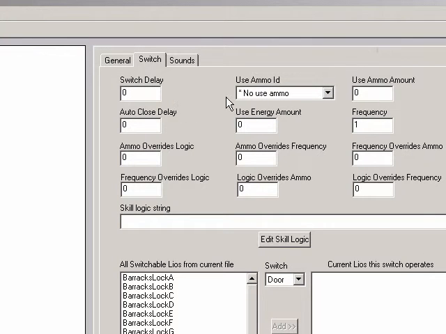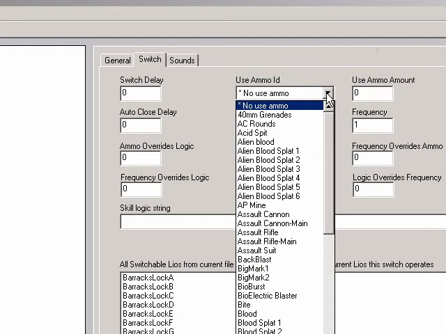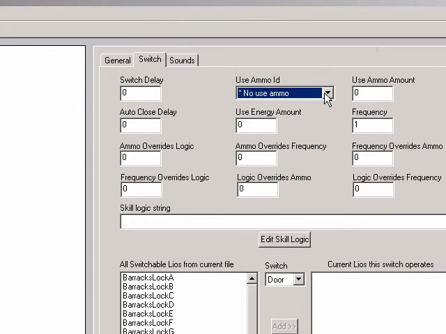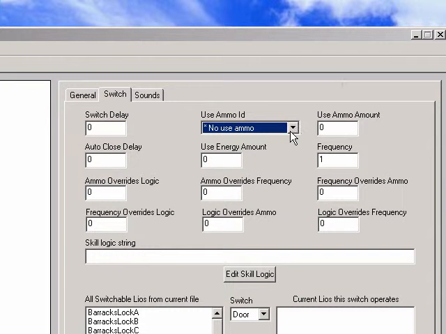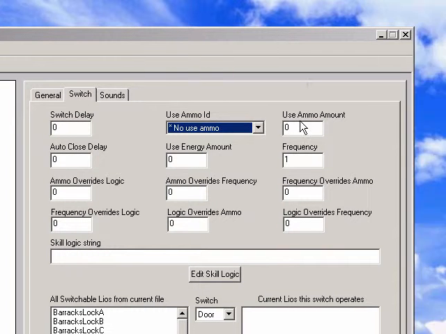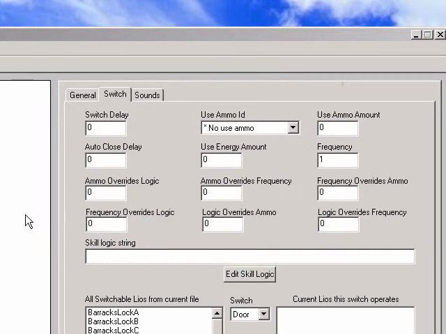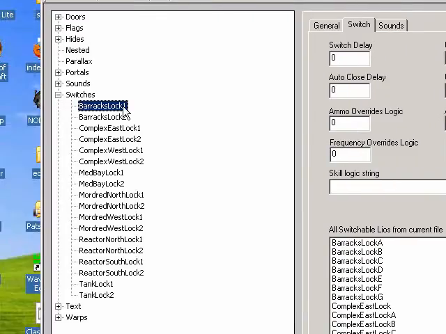Use ammo ID. If you were to create like a door lock key or a pass, and you were to prize it to them, then they would have to use this type of ammo to open the door, and use ammo amount is how much of that particular ammo it would cost to open that,